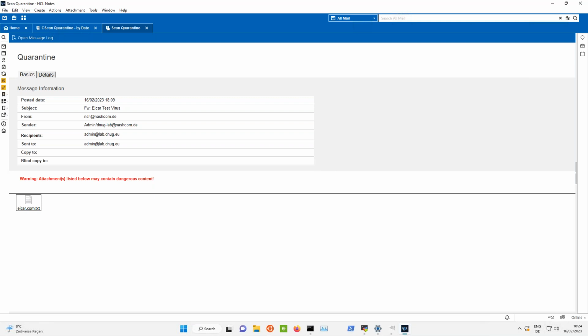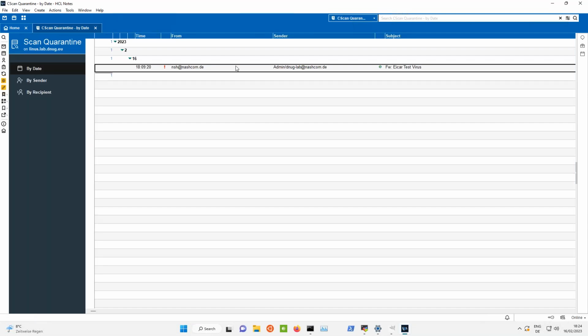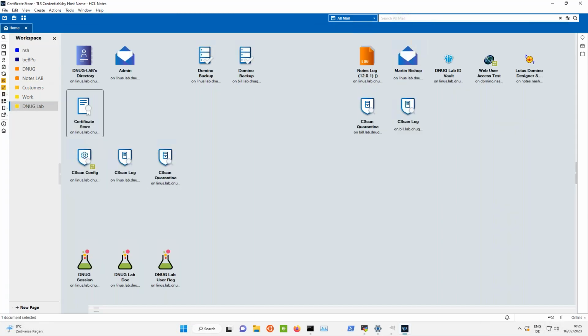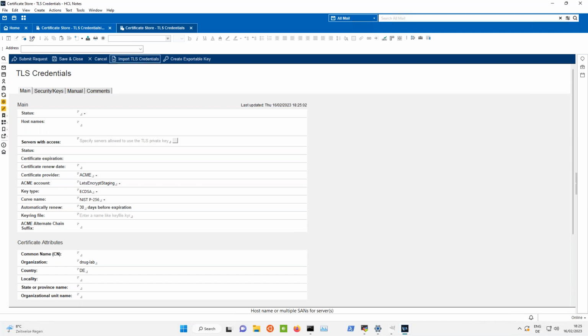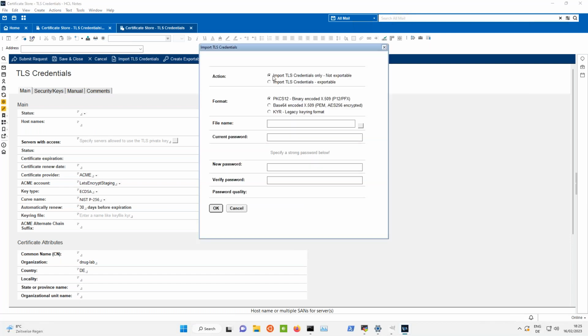Another question, is it possible to import existing wildcard certificate to support TLS connections? Of course. Why should that be a different thing? So you can go and import it in any way. So what you have here at TLS credentials, you have an import TLS credentials button,